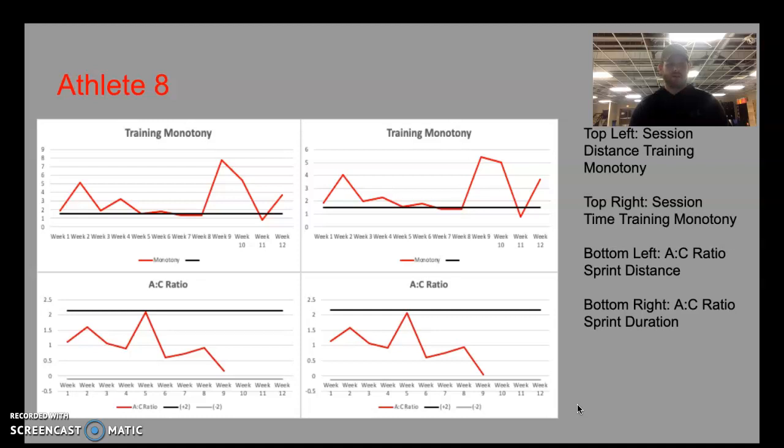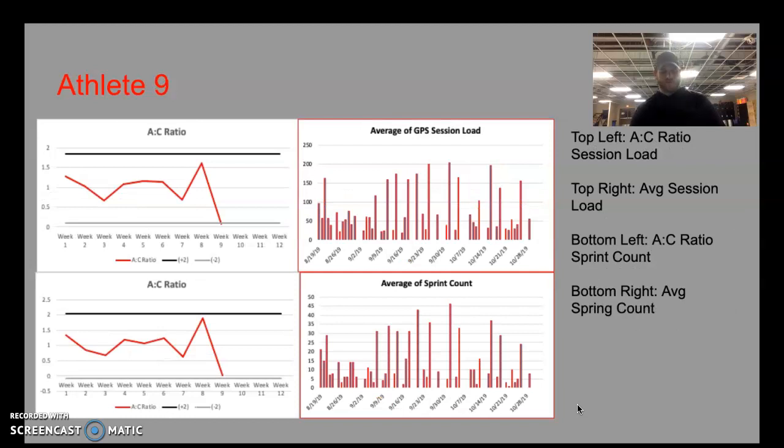But especially from week 4 to 5, their AC ratio spikes again above that 15%. So living above the line on their monotony and then spiking that significantly means this athlete could be injured right in the middle of the season. Well, actually right at the beginning of the season,